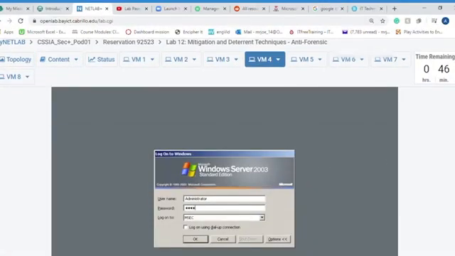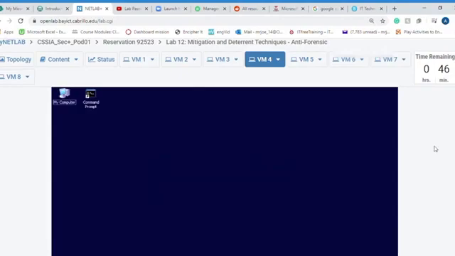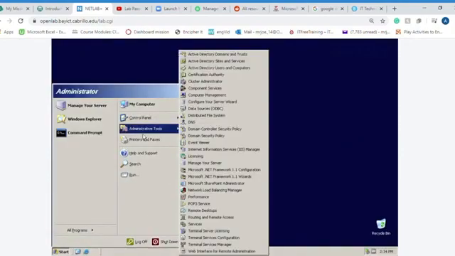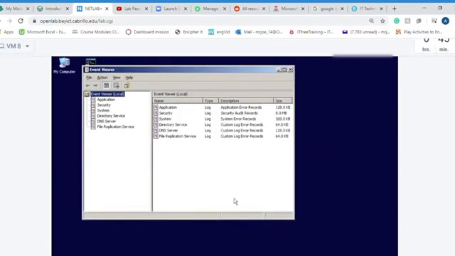Enter password. Now go to the start menu. Click on Administrative Tools. We're going to go ahead and click on Event Viewer. Next, we're going to find Security,